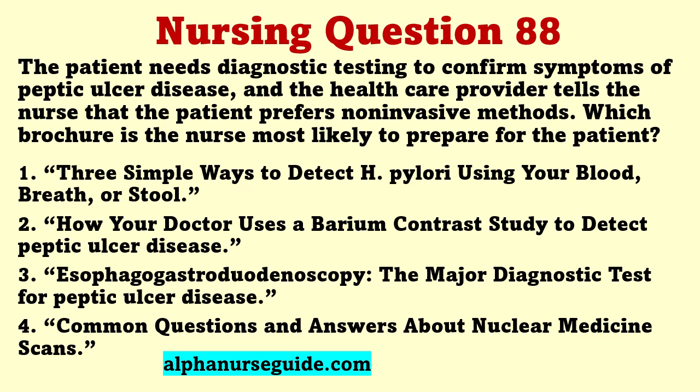The correct answer is 1. 3 simple ways to detect H. pylori using your blood, breath, or stool. Rationale: H. pylori is frequently associated with peptic ulcer disease, and the organism can be detected through breath, blood, or